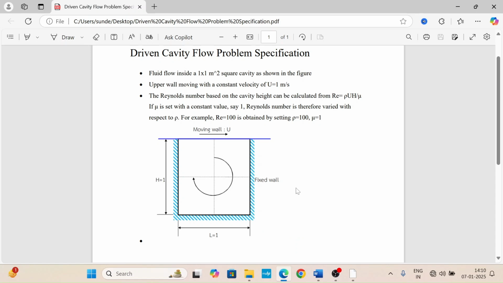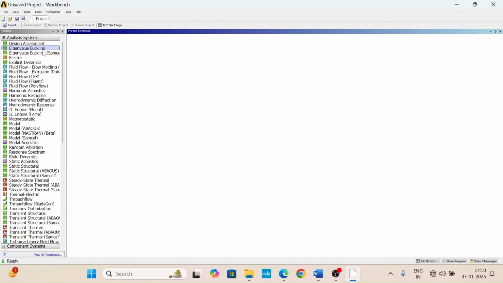Hello everyone, today we are going to perform simulation on driven cavity flow problem. This is a square in which we have air and the top wall is moving with 1 meter per second, and density is 100 kg per meter cube and this is viscosity. So first let's go to ANSYS Workbench,